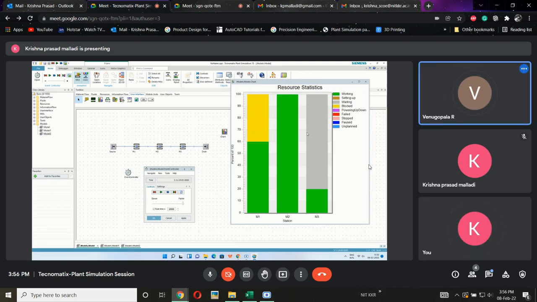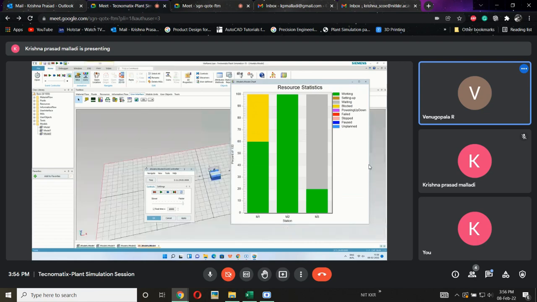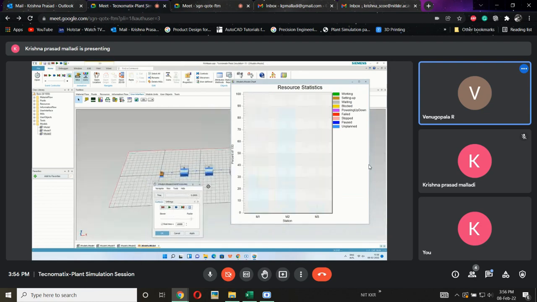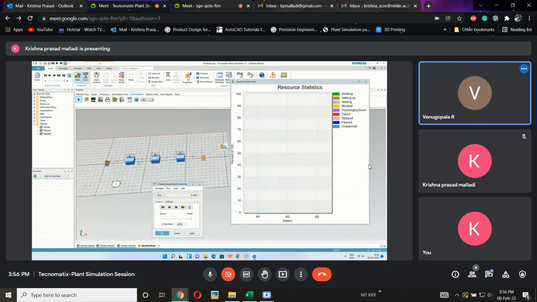Yellow is blocking. Okay, done. Just a second.